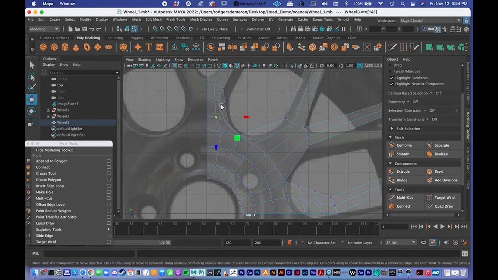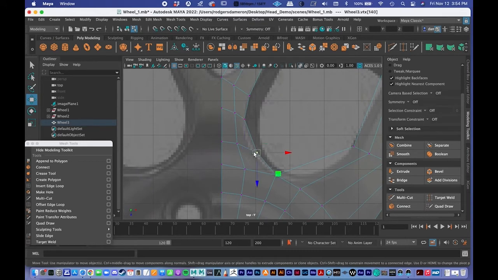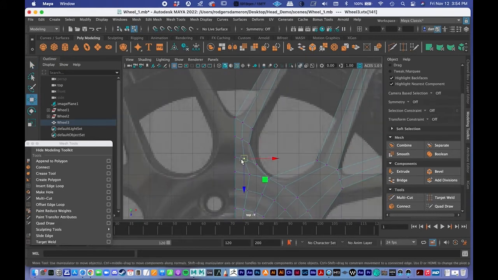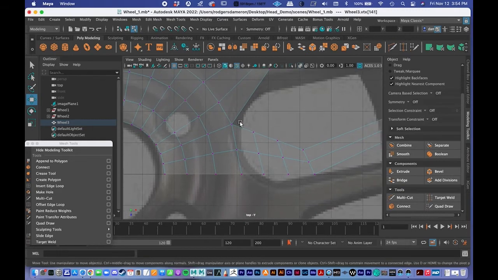I'm trying to get something rounded here. And on this lower spoke,